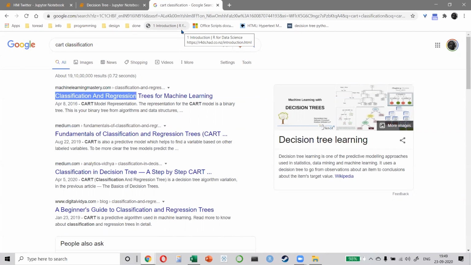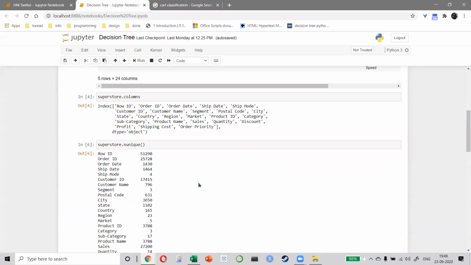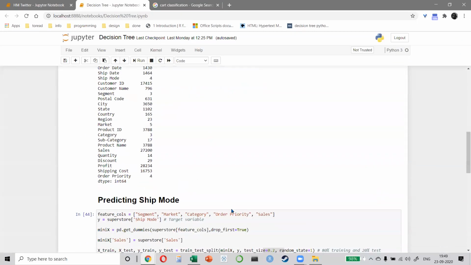So your basic regression, linear, multiple, independent, dependent, residuals, least square method, line of best fit, y equal to mx plus b. You have to be thorough with all of this. If you're not, then you will never be able to learn machine learning properly. You might be able to copy the code from somewhere else and do it, but you will never be able to interpret it. Even if I give this to you, you will never be able to explain to me what is happening here, right? I hope that makes sense.